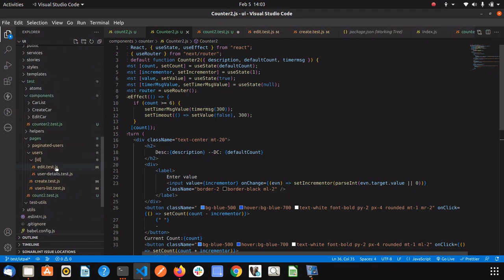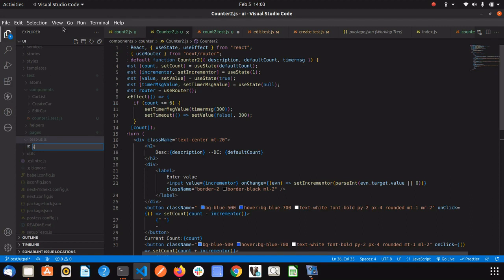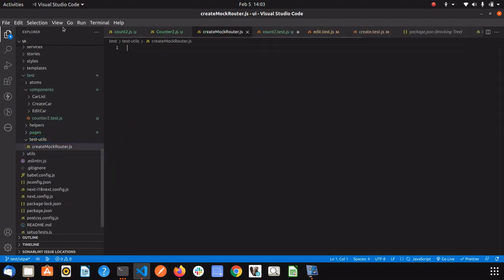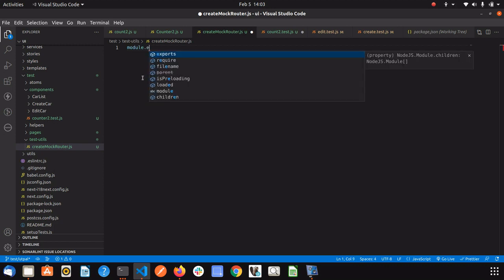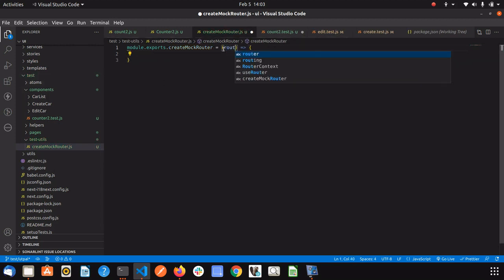We'll add it to Node.js, creating a file named createMockRouter.js. We need to write the actual object that will be returned from this function. This is a router, gonna return me